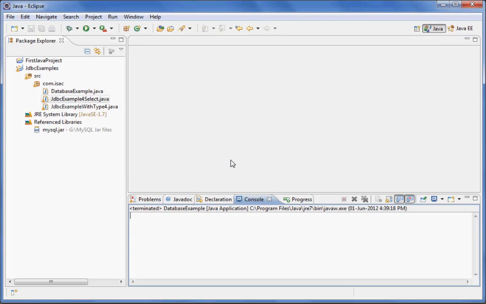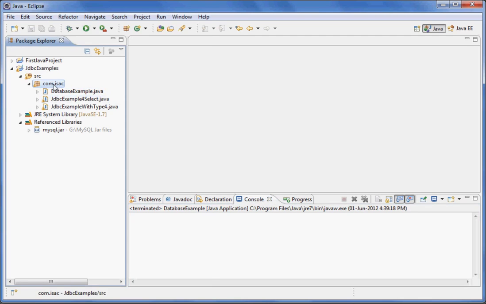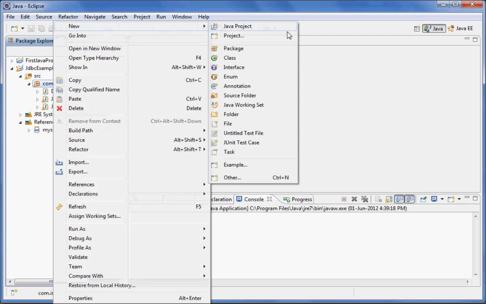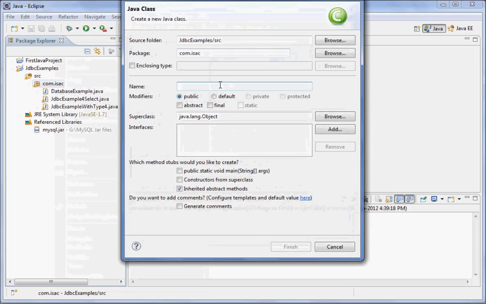Okay, so next we'll learn how to create a table through your Java program. You can even write drop, alter, create, all these statements now. It's very simple. We have already done three examples in JDBC. Let us create a new class again, and here you say